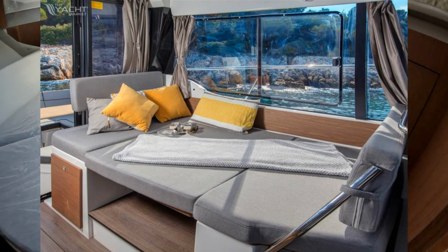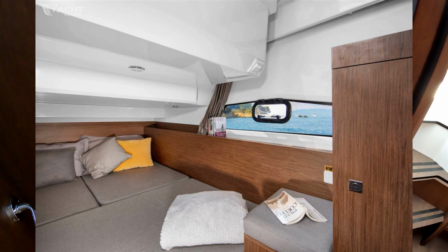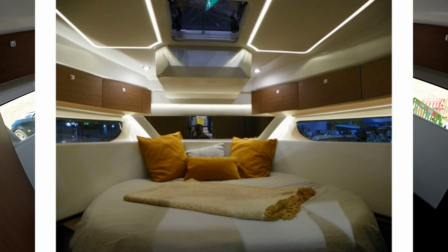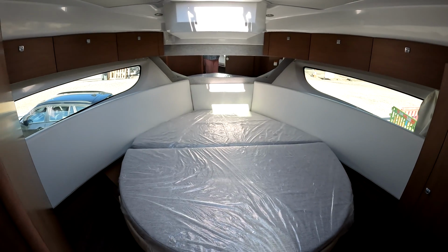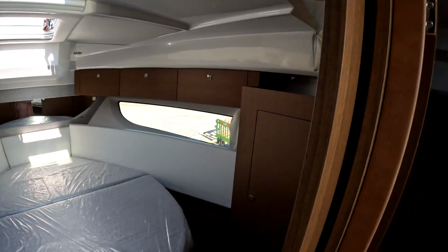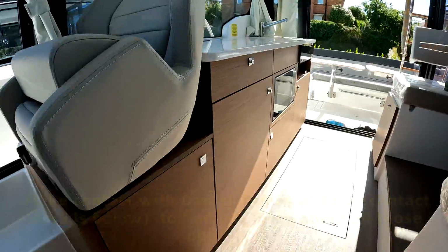Hopefully I'll have found one or two pics which will show some of the cabins as well, made to look a little bit better with some furnishings in them, so hopefully I can overlay those on the screen for you to give an idea of what it might look like. But suffice to say, there are a stack of options that you can discuss with your dealer, in terms of what you can add, what you can change, and the configuration of the boat,